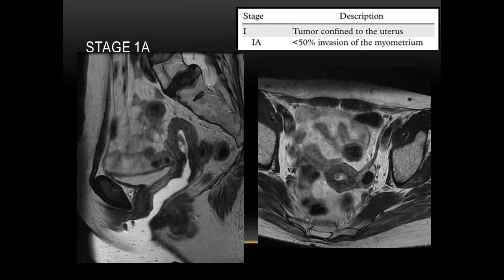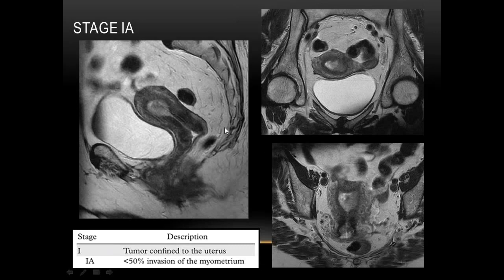This is an example of stage 1. So this is the endometrial cancer. See, it is T2 intermediate, and there is less than 50% myometrial invasion. Here it's hard to say if there's any at all. Our next example of our stage 1A, our endometrial cancer, is T2 intermediate, and you can see some thinning of the myometrium here, but pathologically this was less than 50%,